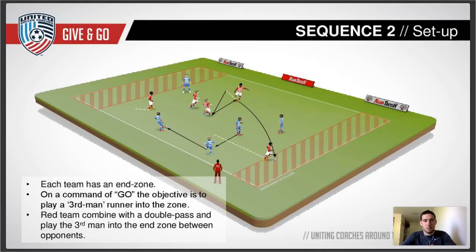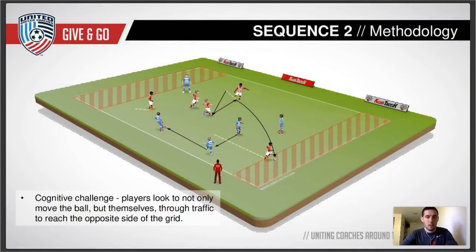So Ellis, let's talk about what you see here from a method perspective. Yep. So I think it's a little bit more of a cognitive challenge, because now we're looking for the players to make these runs into the end zone from potentially deeper areas within the grid. Can we also look for players to potentially move around the back here on those angles,